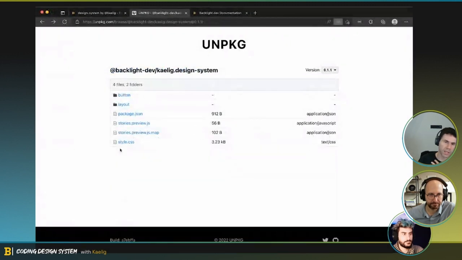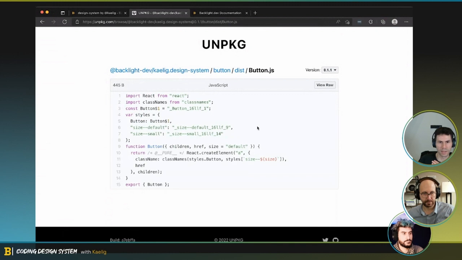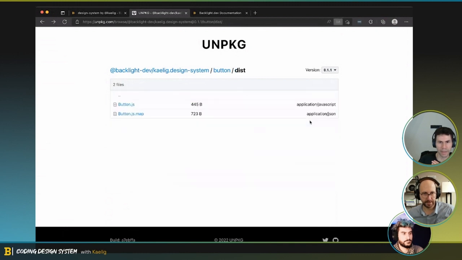This is really reminiscent of Vite and how Vite manages global styles, even if it's CSS modules. So you need to import that. And then we have the button, and in this we have the button.js that has the right code. Cool. And it's perfect code.